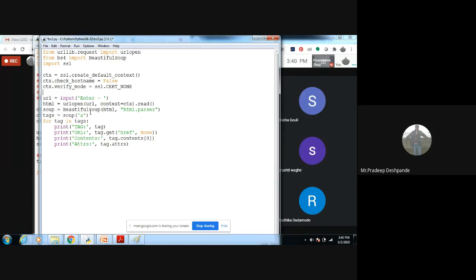Then Beautiful Soup will parse the HTML file. Then it will extract all the anchor tags from the HTML file, and this will display all the details of that particular anchor tag, meaning that hyperlink. It will display the tag, URL, contents, and attributes.